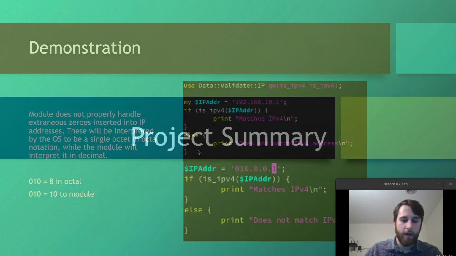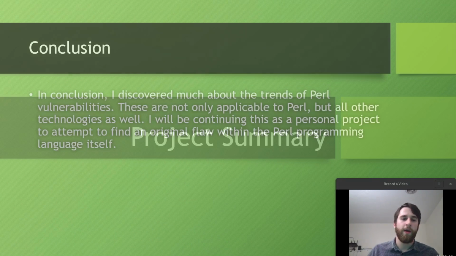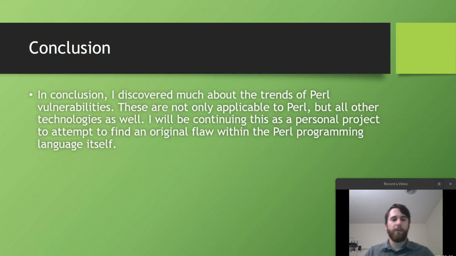All right, and further, the project summary. So, in conclusion, initially I set out to make this a much larger project. I think I had a little bit too high aspirations for it. I wanted to do the work of what is already a cybersecurity engineer. I wanted to find a completely original flaw in the Perl programming language, not in specific technologies, not in CVEs, or what have you. That turned out to be a little bit too much to handle, and I resorted to doing a full statistical analysis